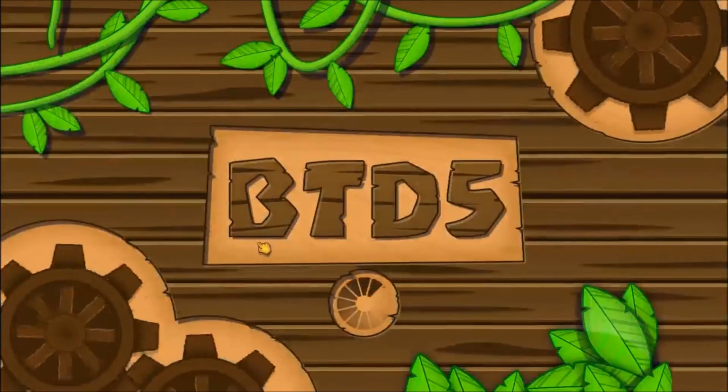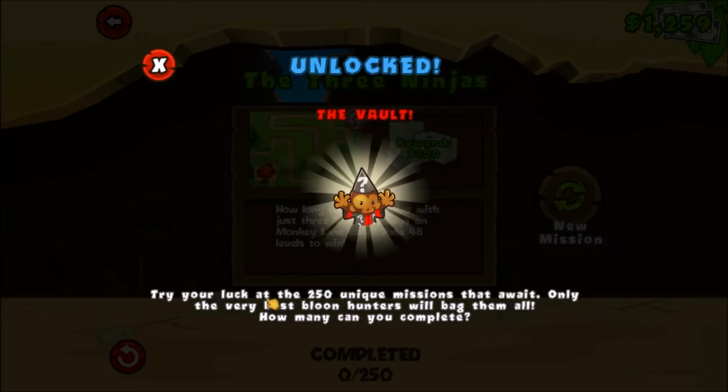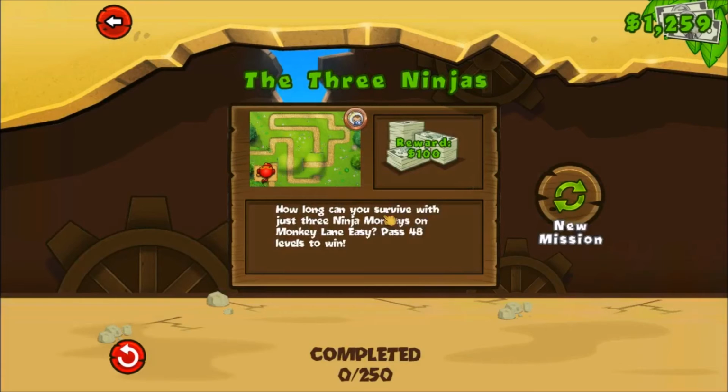Random missions. What is there? 200 of them? The vault. Try to look at the tunes for 2 missions. Investments. Alright. Cool, I guess. But I haven't actually done any missions, so I can't really go to the vault. Anyways,